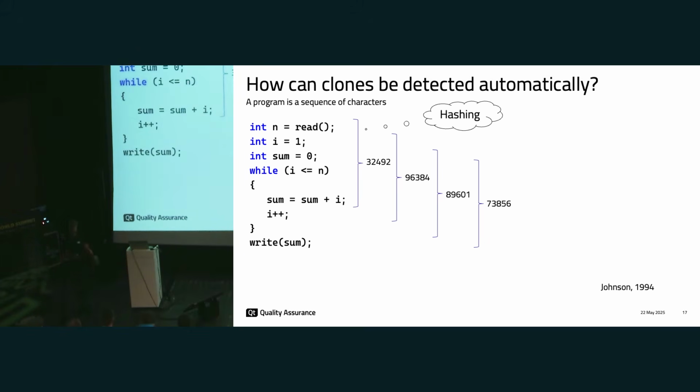However, what happens if I change anything? If I change the layout, I add a comment, or do some parameterization, then it won't be found, so this can only find type 1 clones. Moreover, if you not only want to find 6 lines, but 7 lines, 8 lines, and so forth, you have to create longer windows, and you do this comparison quite often. So it's a quite costly way to find clones. There are better approaches because